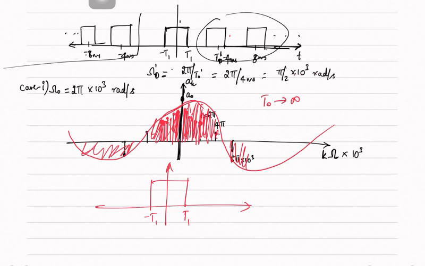Okay, so this is your x of t now. So this is what is developed in the textbook. This is the beginning of the 4th chapter in the textbook, right? So he starts from the Fourier series representation. He takes the signal and this is what he does.